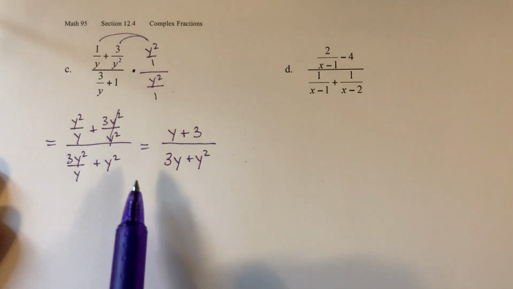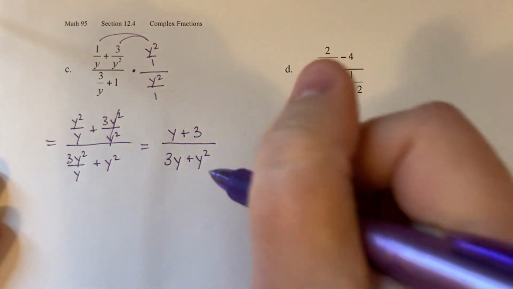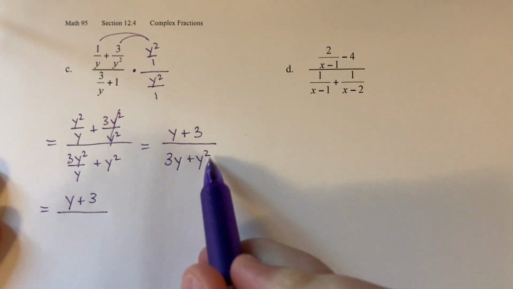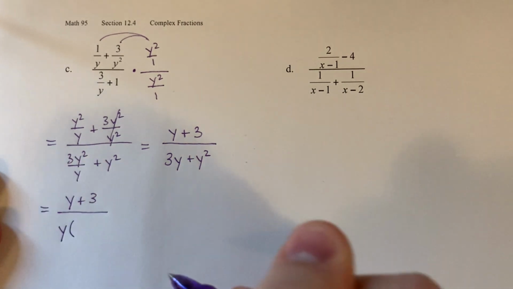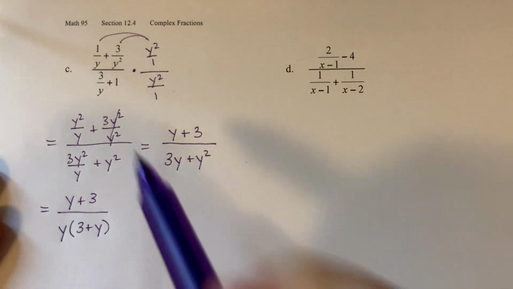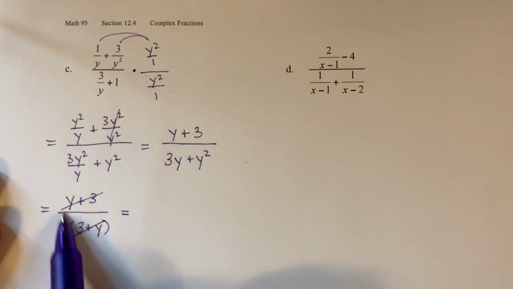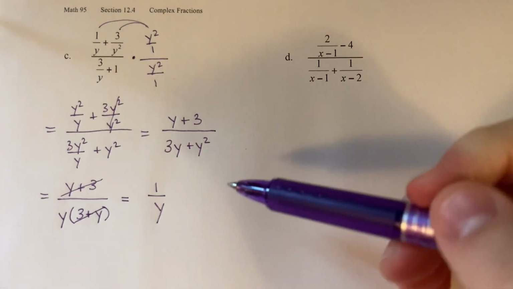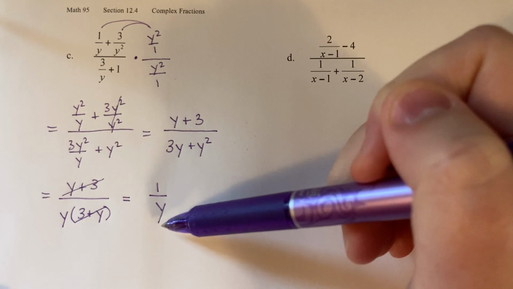Now, we always want to factor, particularly the denominator. So the denominator, y plus 3 is still on the top. I can factor out a common factor of y, and when I do, what's left is 3 plus y. And 3 plus y is the same as y plus 3, so those reduce. Remember, when everything in the top reduces, you still have a 1 there. So after all that, this ugly fraction we started with really is just equivalent to 1 divided by y,